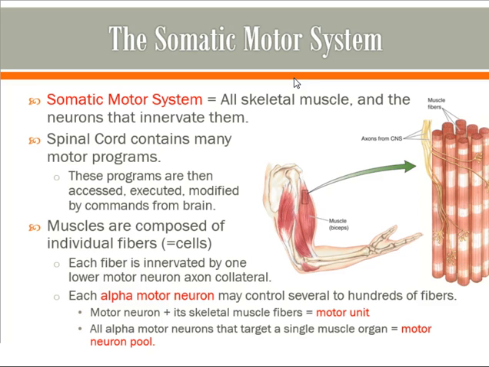Each individual muscle cell, like this one, gets its own individual synapse. Really, it's a collection of 1, 2, 3, 4, 5, 6 synapses, you can see, from that individual motor neuron. This one gets its own synapse here, this one gets its own here, this one gets its own here. Every single skeletal muscle fiber has an individual synaptic connection with a motor neuron, and when that motor neuron fires and releases neurotransmitter onto the skeletal muscle fiber, that skeletal muscle fiber will then contract. So they're entirely, completely dependent on what's coming from our nervous system in terms of controlling how those individual fibers are behaving, and therefore our muscles are entirely dependent on our nervous system. So that's why we're covering it.